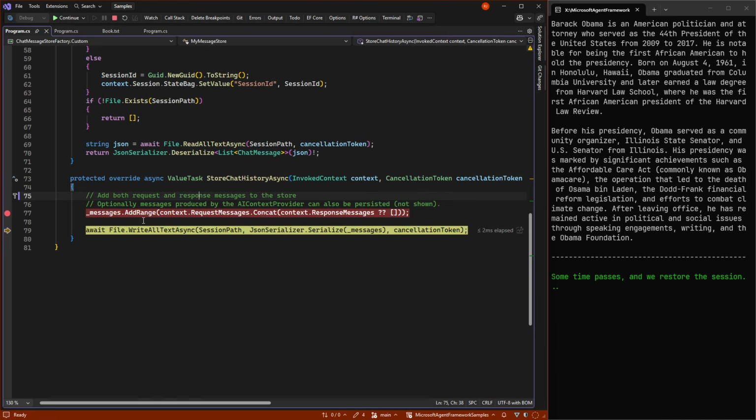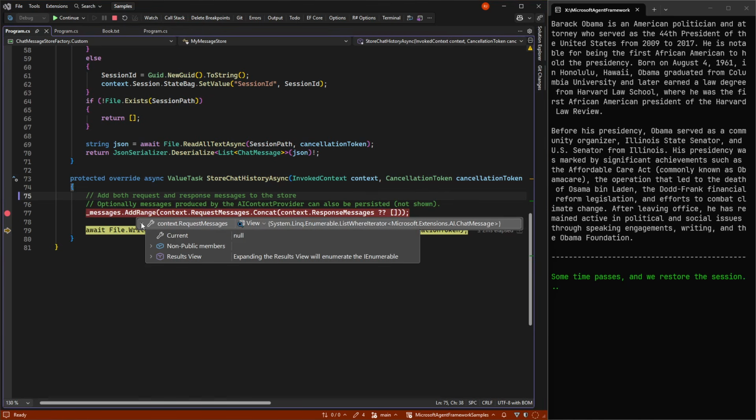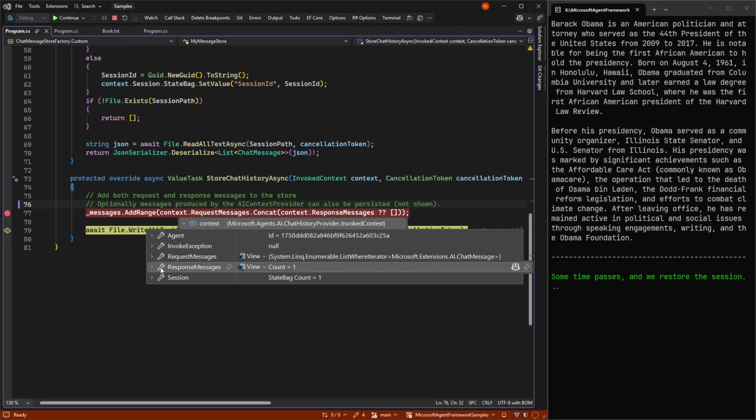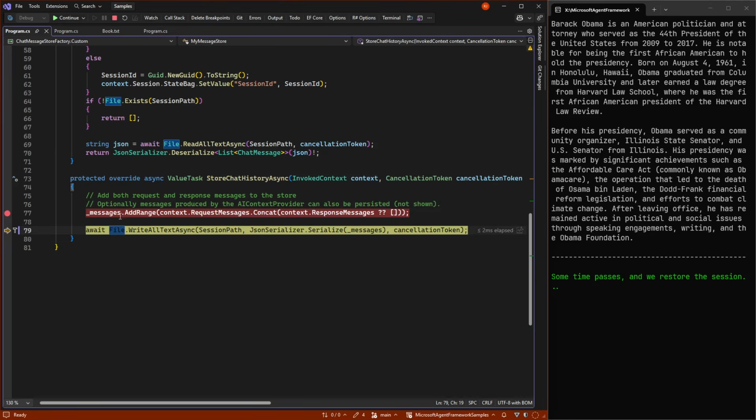So again, if we look at the request messages in context, we have only the new one. But in context of response messages, we have the new question back. But because we are adding to the range, because we already have those 2 messages in the beginning, we end up with 4 messages. And in our case, we will just store them again.